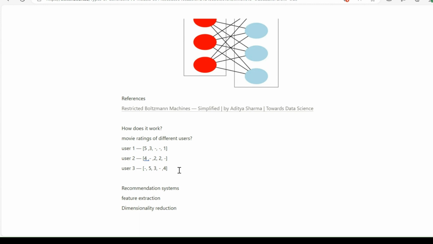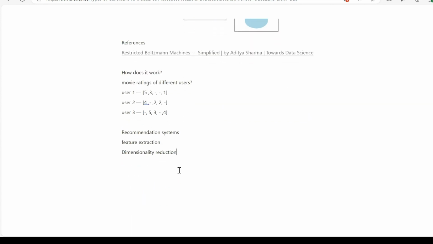So far we have seen types of generative AI models. Overall, these are the generative AI models that fall under four categories. To simplify these, we can say the types of generative AI models are: